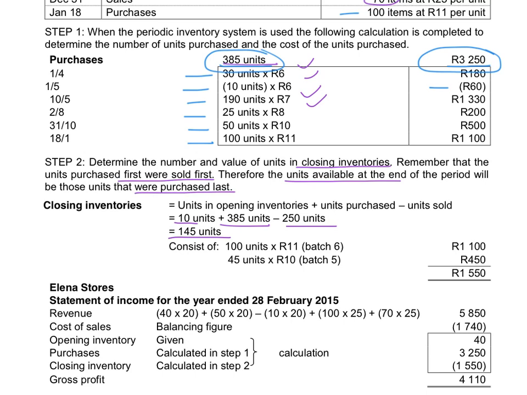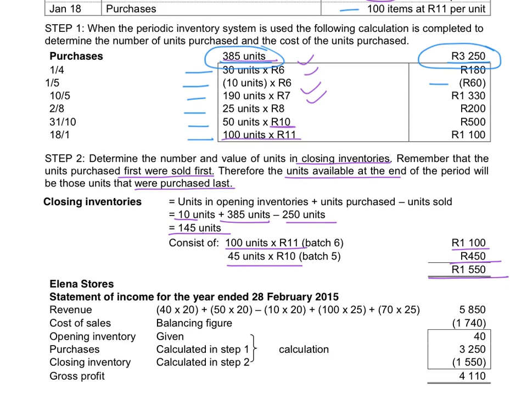Now, we've sold all those opening balances that we had, and everything we bought at the beginning of the year. Because all the old stock is sold, the ones that will definitely be left over are the last units that I bought. So that is 100 units at 11 Rand, which is 1,100. I've got 145 units left over, so from the second last batch, I've got 45 units left over because the total must be 145. Those 45 units cost 10 Rand each, and that gives me 450. So the total value of my closing inventory will therefore be